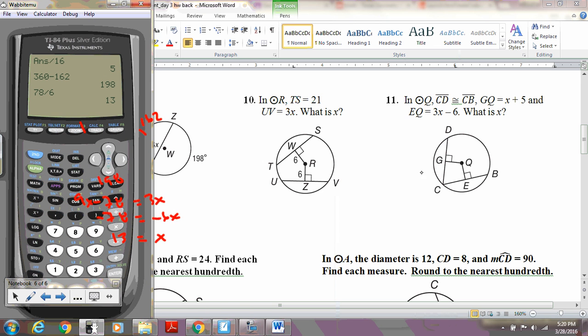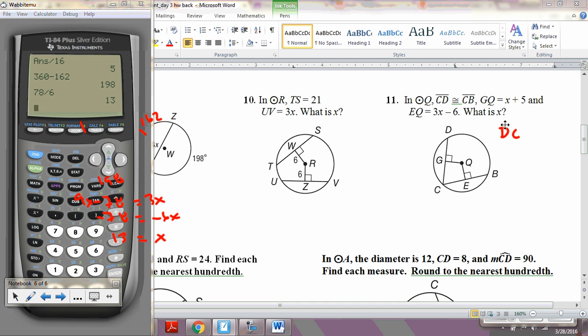All right, on number 11, we're going to use theorem 10.5, which says that if the chords are congruent, the chords it's referring to are DC and CB. So if DC is congruent to CB, then their distance from the center is congruent. And they also mention that those are congruent. So great. So that means GQ is congruent to QE, which is this distance that the chord is from the